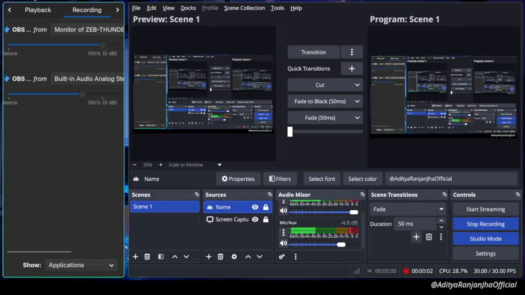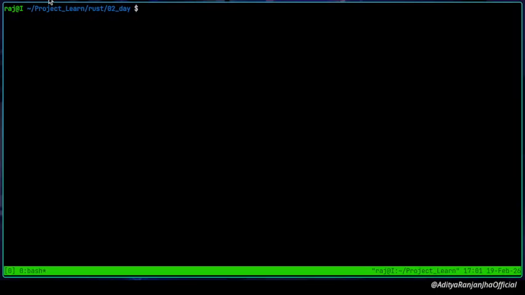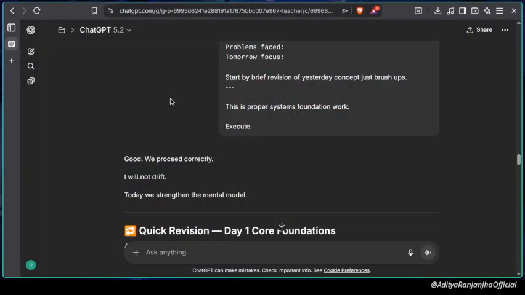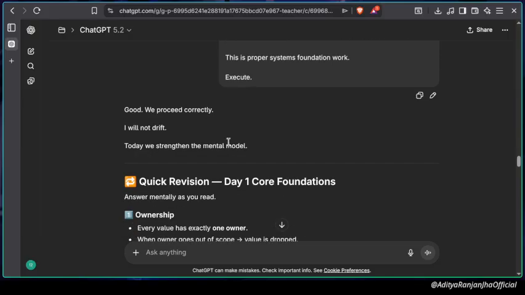हेलो। तो आज हम स्टार्ट कर रहे हैं अपना डे 2 ऑफ लर्निंग रस्ट यूजिंग चैट जीपीटी एंड अदर एलएलएम मॉडल्स। सो यहाँ पे मैंने अपना डे 2 का प्रॉम्प्ट डाल दिया है। नाउ वी शुड प्रोसीड।